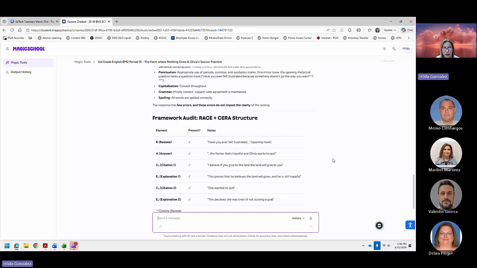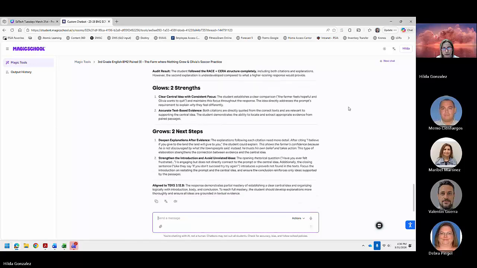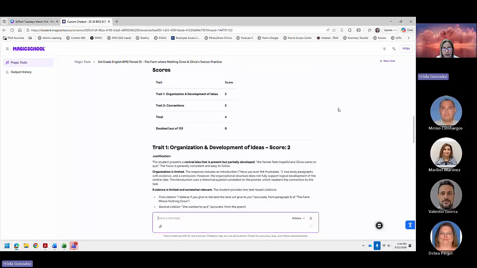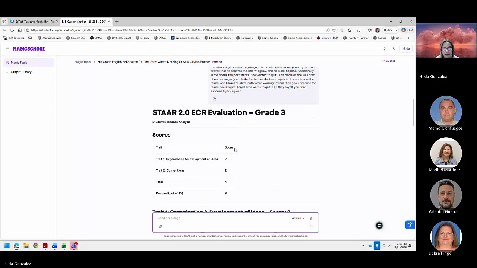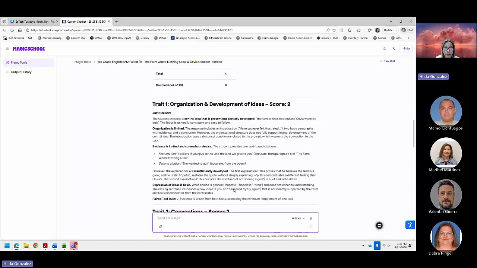So we see that it's working. Okay, so if we go back, this is the score. 2 for the development of ideas and 2 for conventions. Total of 4, of course, we double it, it'll be an 8. So here is where we get our feedback